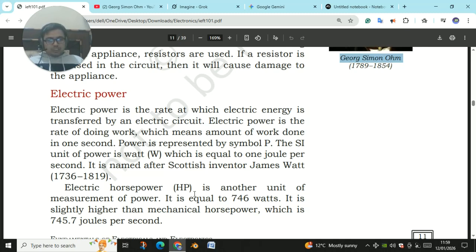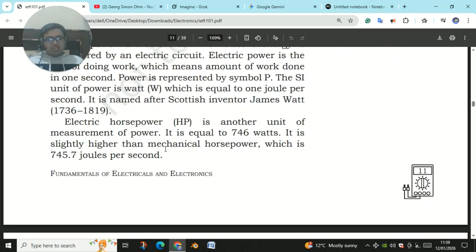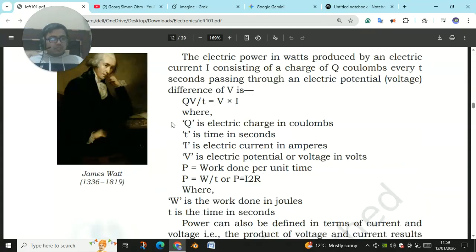Electric horsepower, HP, is another unit of measurement of power. It is equal to 746 watt. It is slightly higher than mechanical horsepower, which is 745.7 joule per second. The electric power in watts produced by an electric current I consisting of a charge of q coulomb every t second passing through an electric potential difference of V